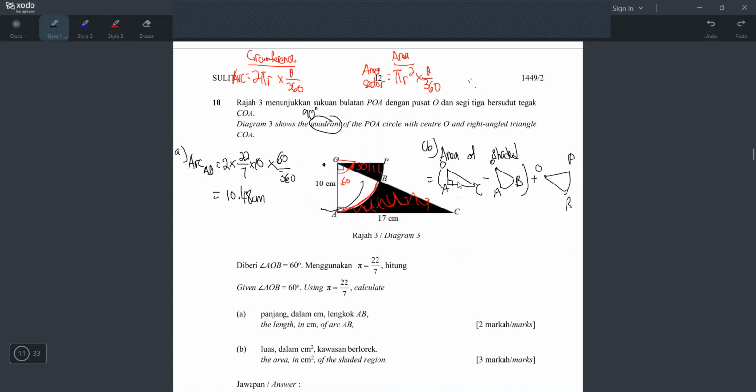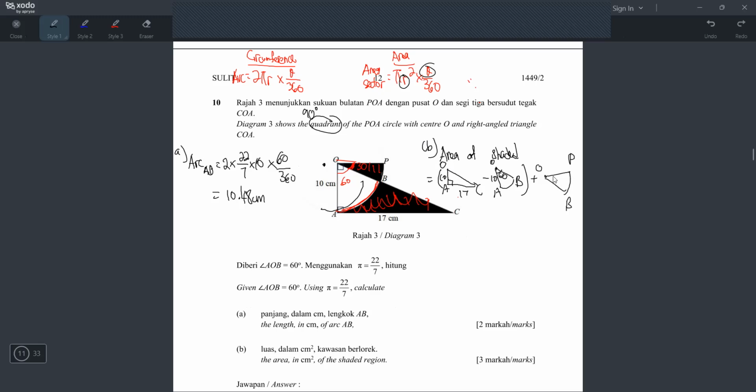But can I find the area of triangle? Yeah, you have the base and height already. So it's very easy, just 1/2 times base times height. What about this sector? Can I find the area of sector? If you want to find area of sector, you will use this formula. And apa yang you kena ada? You kena ada radius dengan angle. So do I have the radius and the angle? The answer is yes, because I know the radius is 10, the angle is 60. So boleh cari nanti.